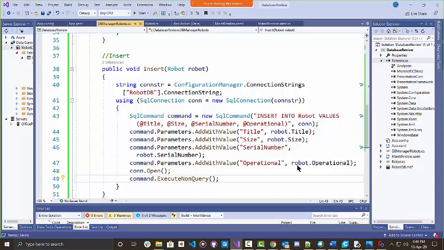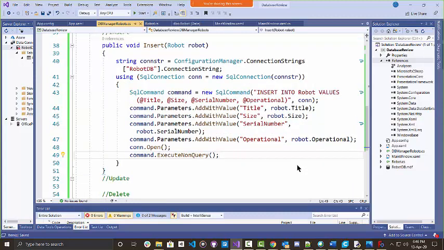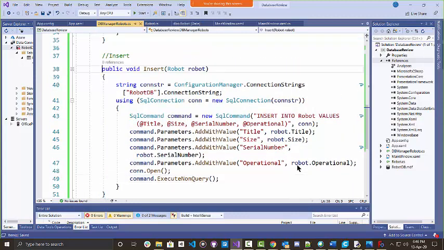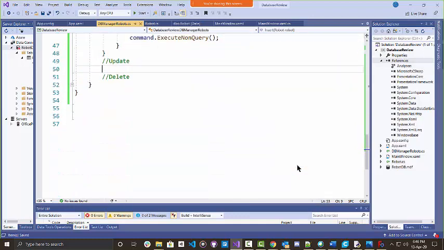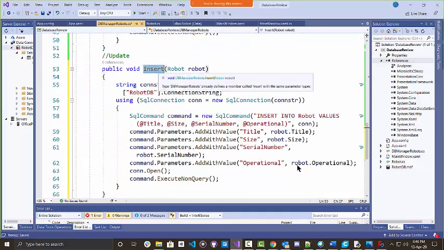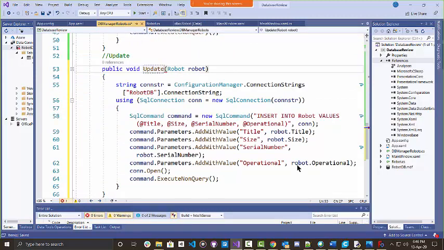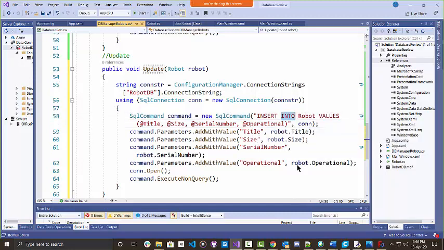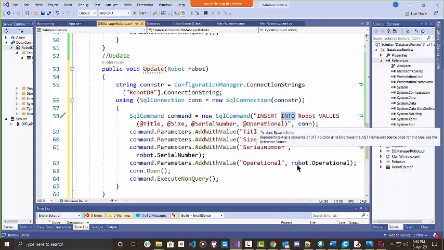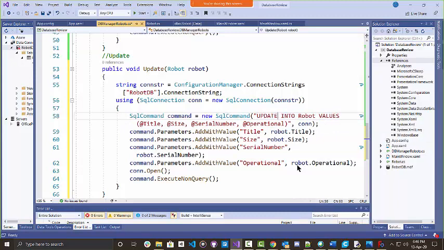So I'm going to do a similar thing for my update. Again, I'm going to pass a robot in. My update command is going to be a little bit different. It's going to be update robot